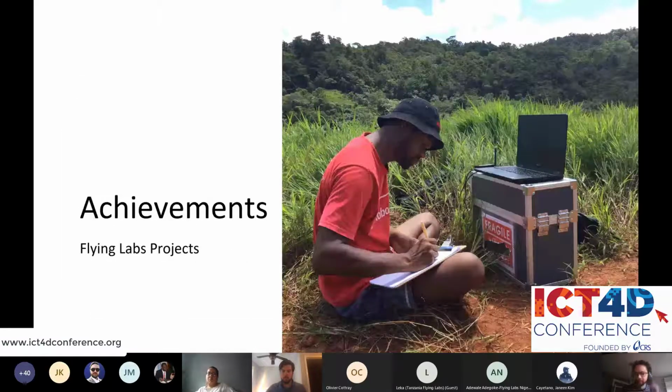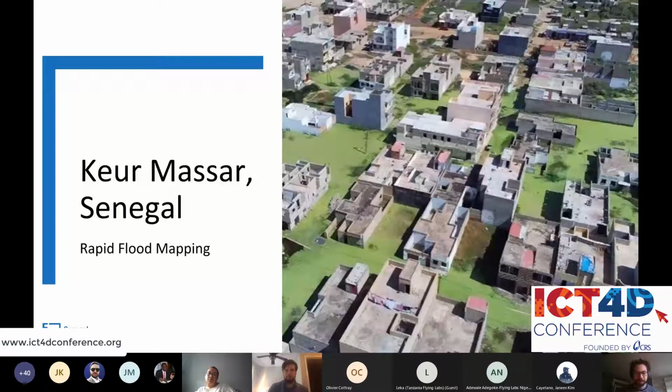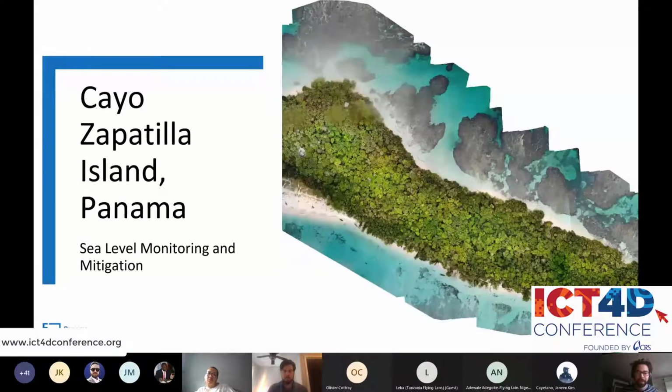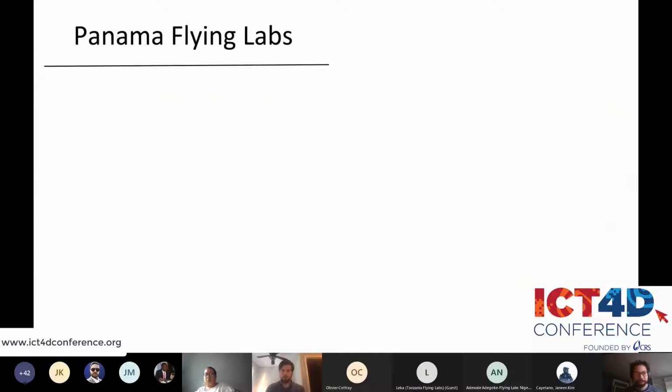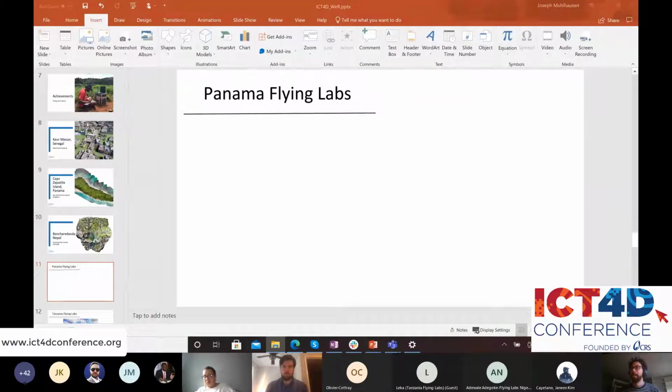A couple of examples of achievements from the Flying Labs. This one is from Senegal in Kermassar, rapid flood mapping done with the Senegalese Red Cross. This one, Cayo Zapati Island in Panama. This is a sea level monitoring and mitigation mapping project, which used also terrain, which you don't see here. And finally, Basharedanda in Nepal. They mapped this area in 3D to estimate the volume, the best area with the most volume to create a new landfill site. So now I'm gonna play a quick video of a Panama Flying Labs to give you a